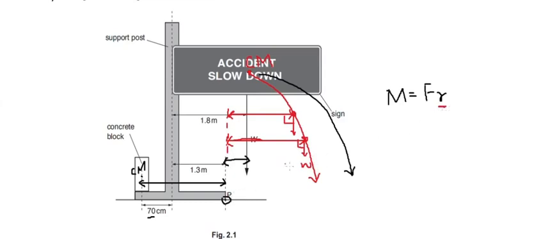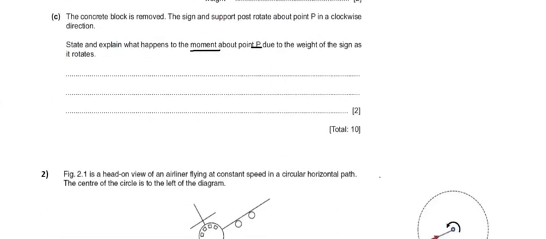P is like a pivot, and the weight is falling in a downward direction, so I should draw a line which is perpendicular to this weight. Weight is nothing but the force. So this line will increase, so there will be an increase in r. That's why there will be an increase in the moment, because the force is remaining constant, because the weight is constant. So here we can write down